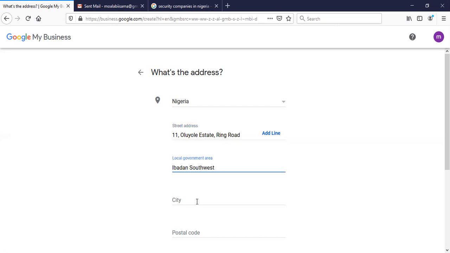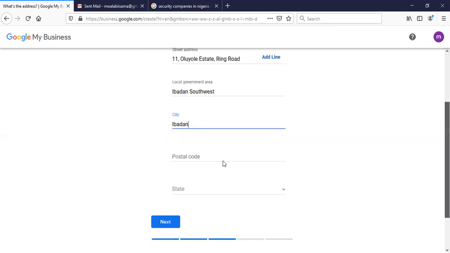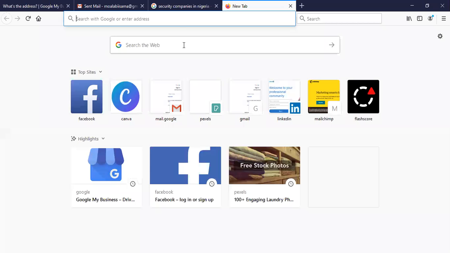Southwest. The city is Ibadan. The postal code. Now, postal codes differ. So don't just assume a postal code. You can Google that.